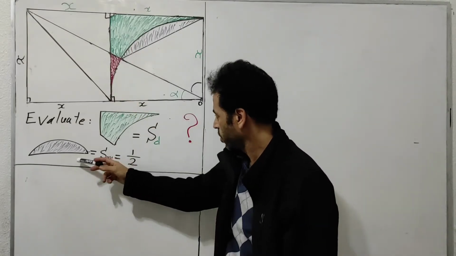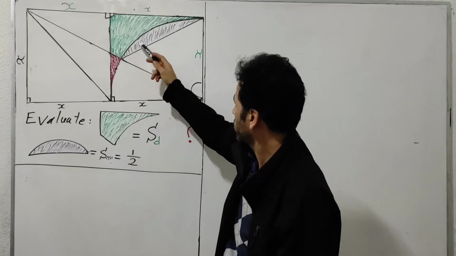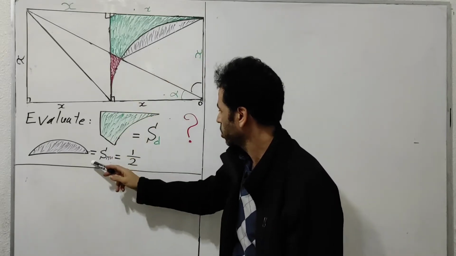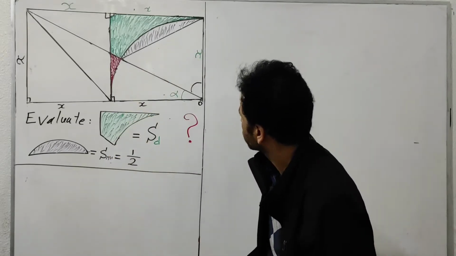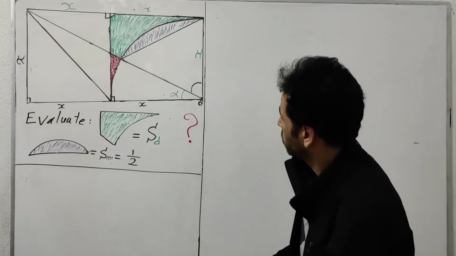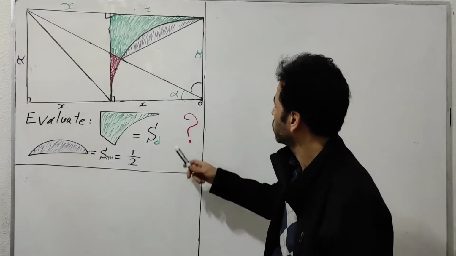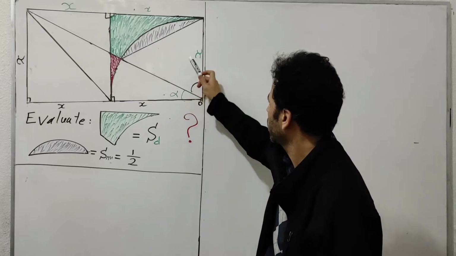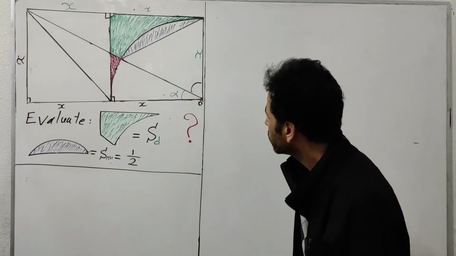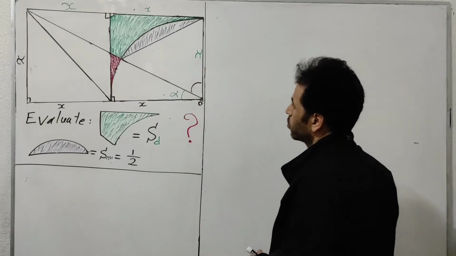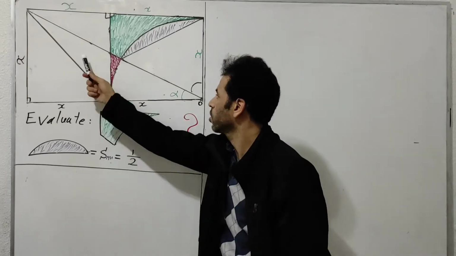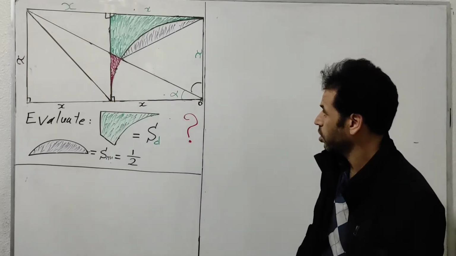Okay, the given information is this shaded area in the purple, which is equal to one half. Before I start evaluating this area, I'm going to determine alpha and x. By doing this, I'm going to apply the trigonometry formula on this big triangle. Okay, let's get started now